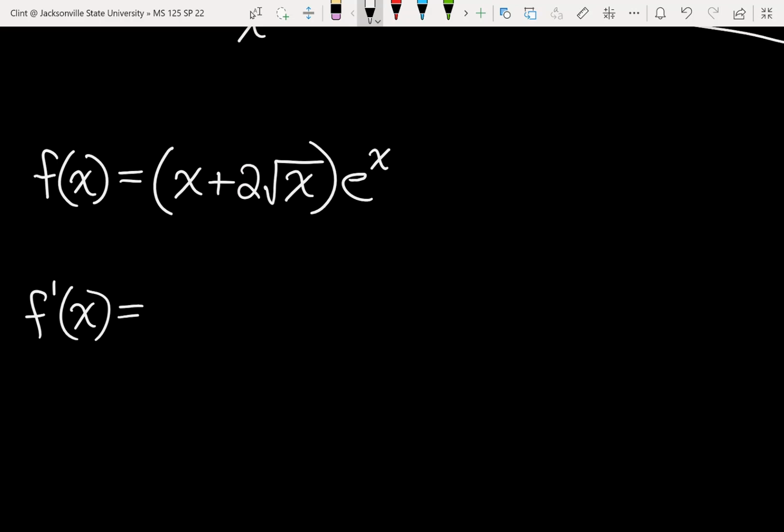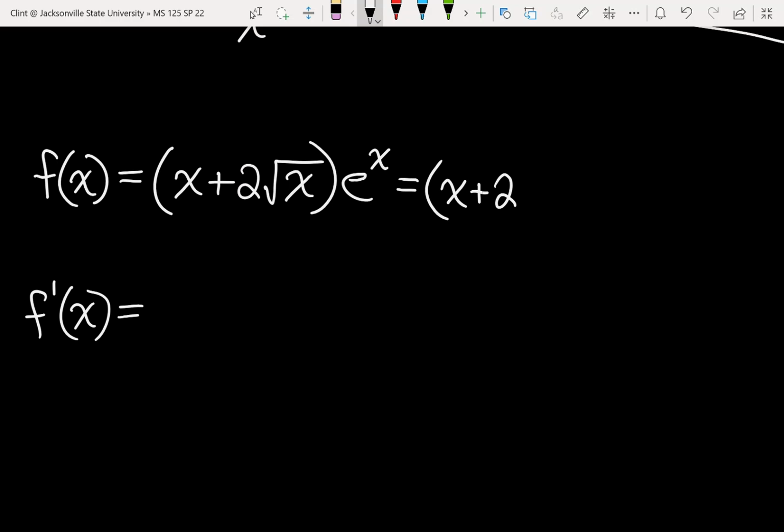We could try distributing the e to the x and see if that gets us out of any work. Or we could do the product rule just like it's written. We'll change square root of x to x to the 1/2. We're pretty much always going to have to do that. If you think about distributing, our first term would be x times e to the x, so we're still going to have to do product rule somewhere in there. It's just a different product rule. So on this one, to me, we might as well just go ahead and do the product rule and get it over with. So I would rewrite this as